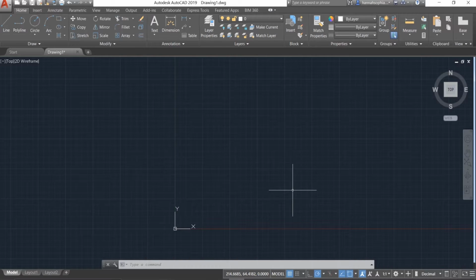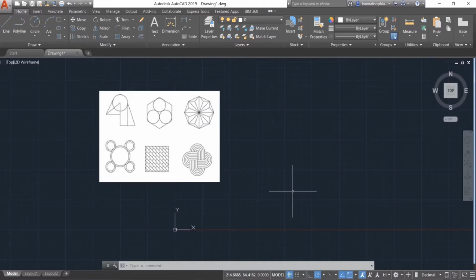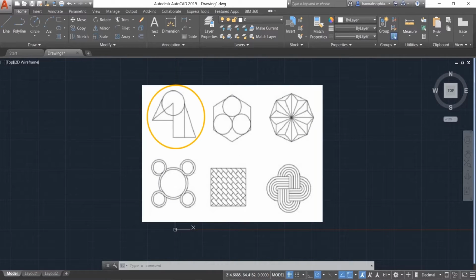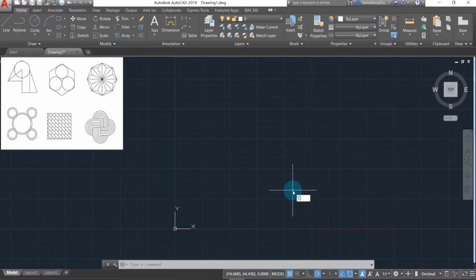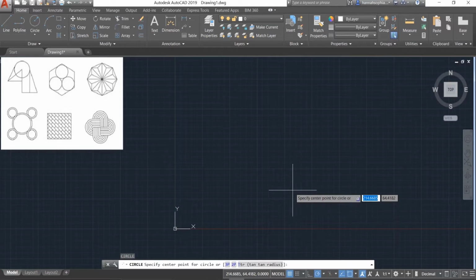Good day everyone, we're here again for another AutoCAD video, but this time we will be applying arc, polygon, moving, rotating, and trimming an object, and the offset and array feature for these figures on the side today. For the first figure, we're gonna make first a circle, so type Command C, enter,